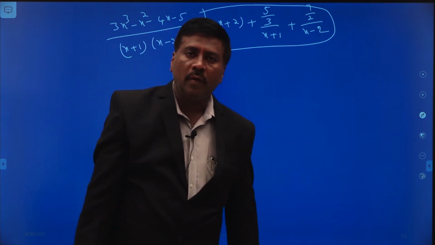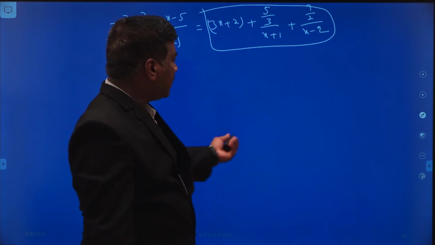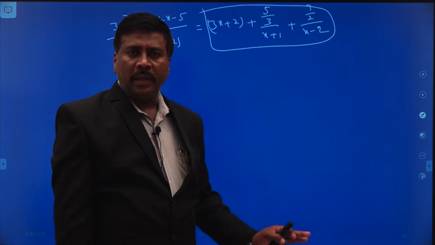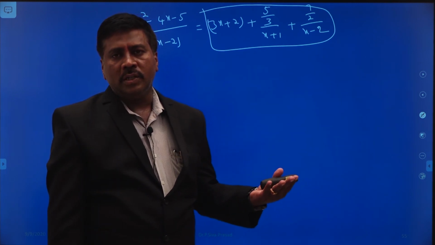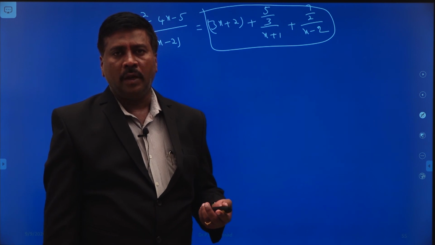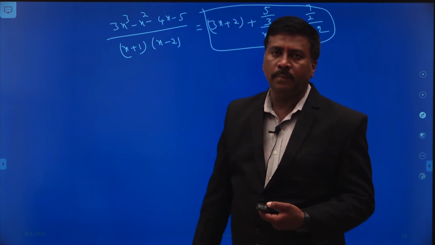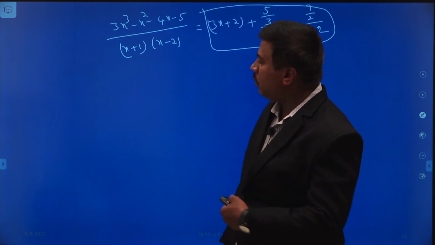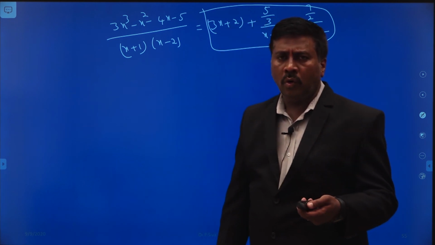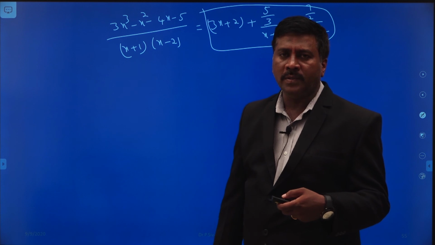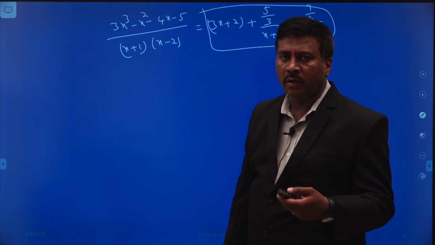This is the way of resolving improper fractions also. Whatever the problem, you have to apply the same techniques you learn in this chapter for resolving into partial fractions. Do you catch my point? I think this improper fractions topic is very important for essay questions. I have to give many problems for practice, so before the assignment problems, I will give one quiz question.